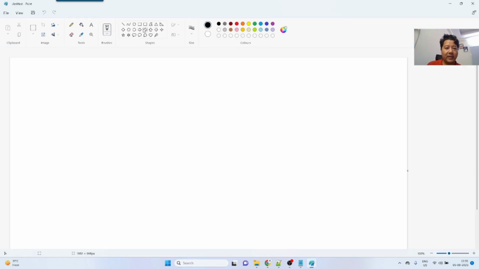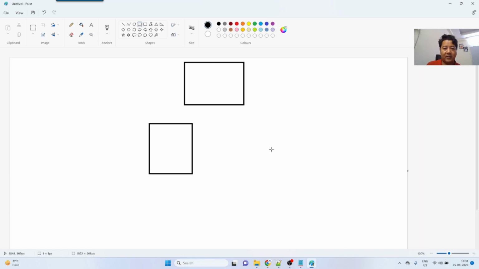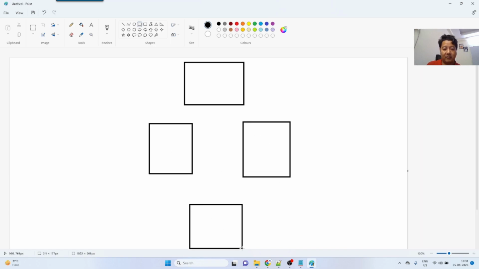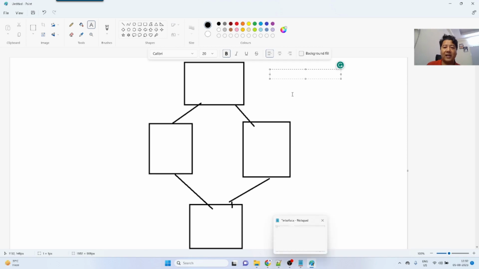Right, so the reason behind this is, for example, if you have one class and you have another class and another class, and you have a structure like this, where this is dependent on this, is dependent on this, is dependent on this, we can't do it through the normal extend keyword. The reason is that extend supports only one class at a time, so we cannot extend multiple classes in one line. So for example, if you say public